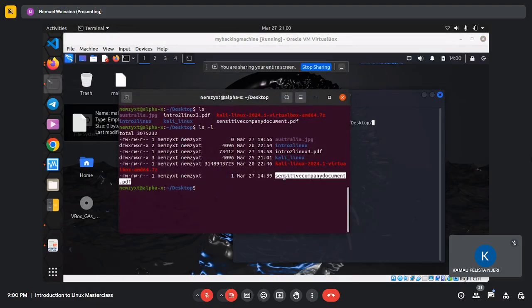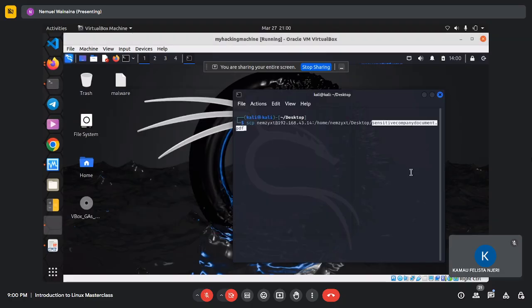Let me just copy it like that. And so this is the source. This is how we point to the source if you're copying it from a remote machine. And then the final command line argument is where we want it copied. We just want it to appear on the desktop. So I'm going to use a dot so that it appears in our current directory, and I'm going to hit